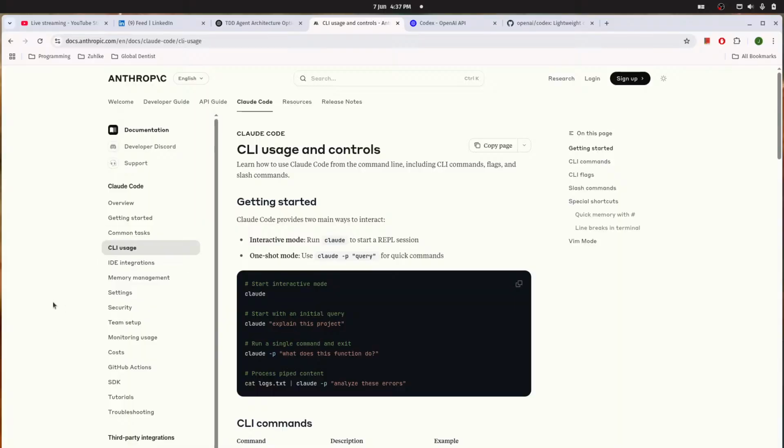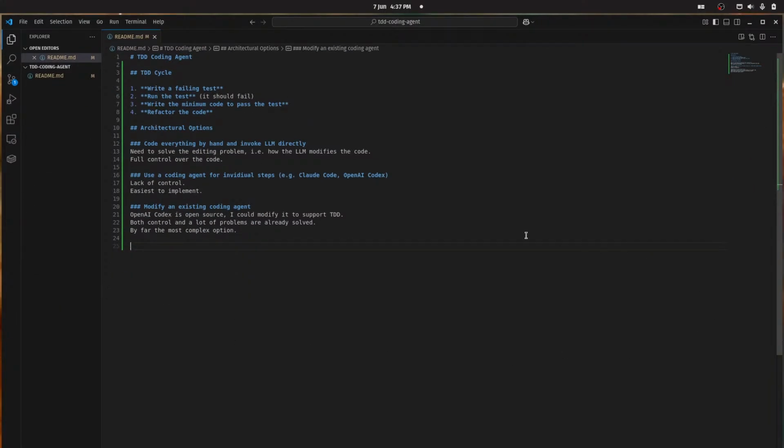Okay, so essentially we could use either one of these. Let's start with OpenAI Codex first. Let's try that one, and if that doesn't work, let's switch to Claude Code. I'm suggesting OpenAI first because I hope it doesn't cost as much as Claude Code, but maybe I'm wrong, but either one should be fine. So they're both written using